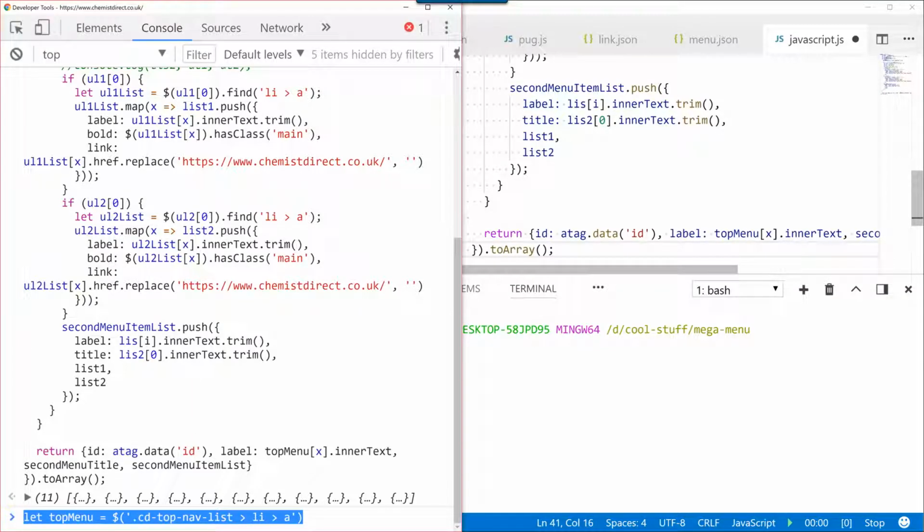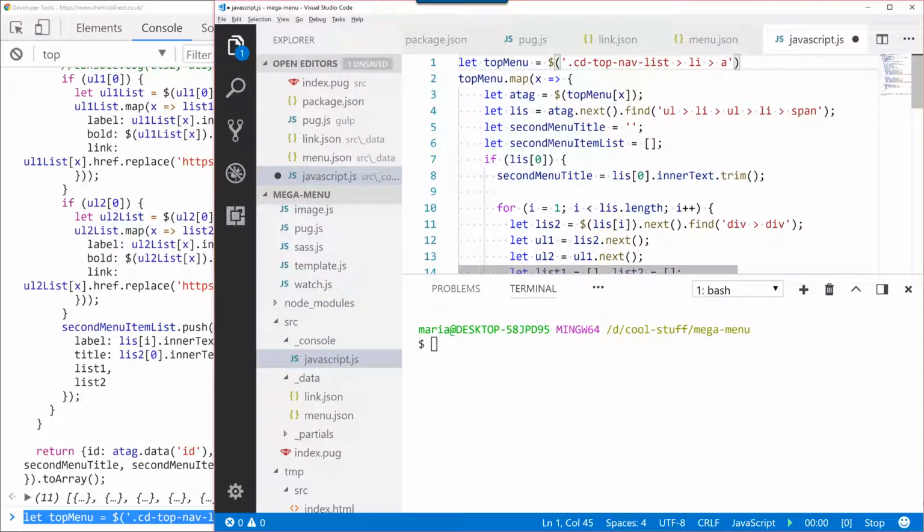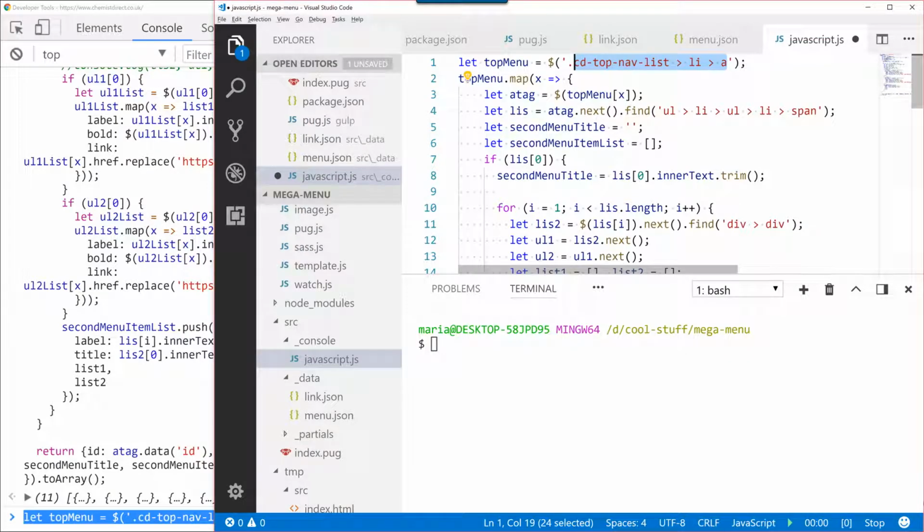Okay, so this is what we've done so far. Okay, so this line is responsible for selecting the anchor tags in the top navigation mega menu, the first row of them, the first level of them. And then we are